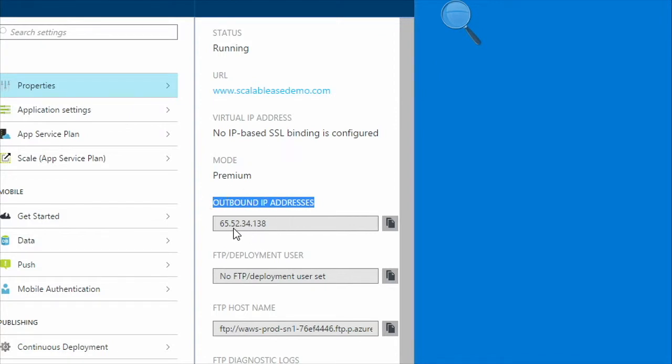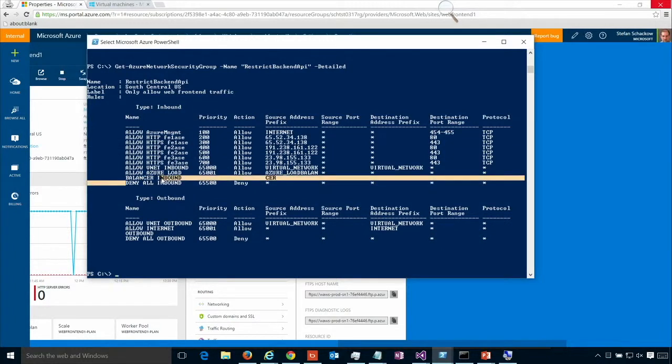And you can see right there, 6552.34.138. And so that's how we were able to lock down the API endpoint that's running in my 4th app service environment, and I only allowed access from the 3 outbound IP addresses that I have, 1 for each of my front-end web apps. And then the final piece of the puzzle is that whenever you create a network security